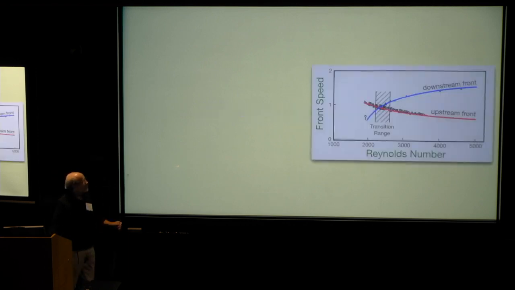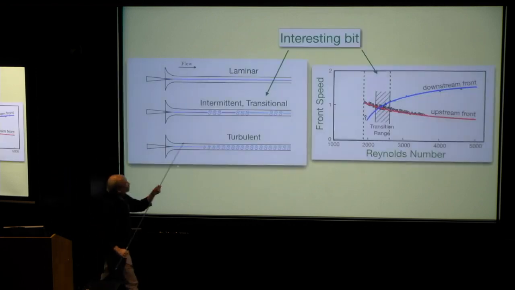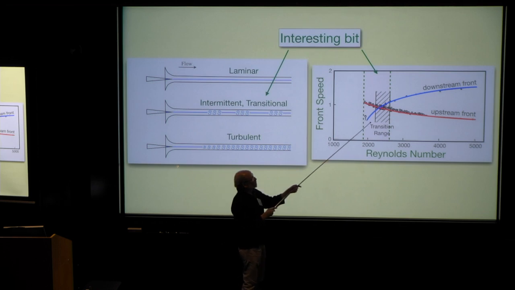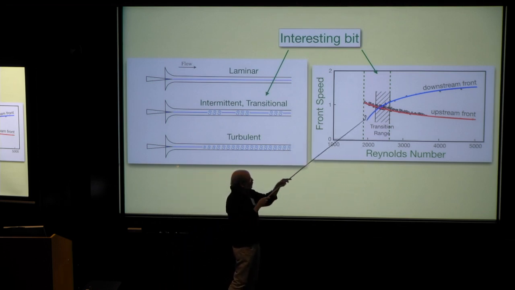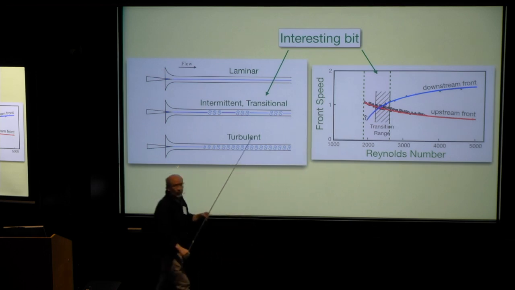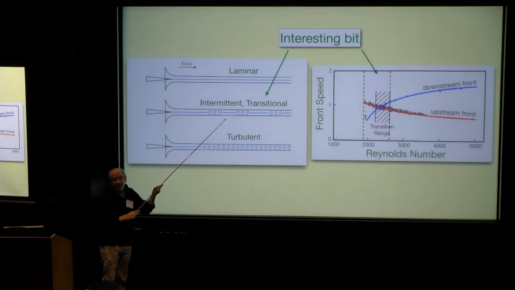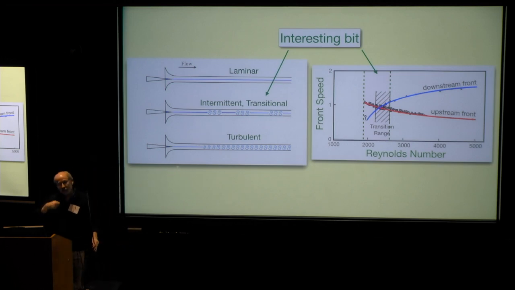The problem is it misses what everybody cares about right now, which is this transitional regime shown in this plot of Coles. Coles knew the transitional regime, question mark, what happens here? He knew that there were states below this crossing. He knew that they were there. And so he wondered what's going on. And it's this intermittent regime. Okay, so that's what we care about. So when they come together, they don't just die. There's intermittency there.